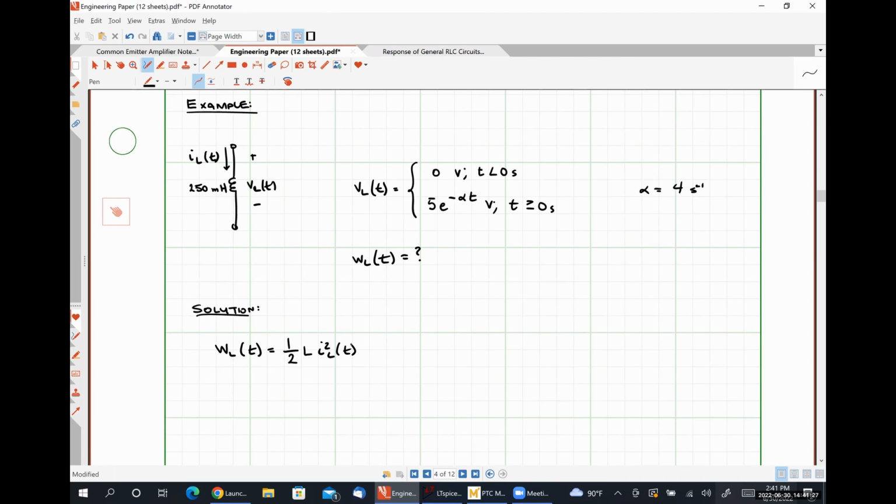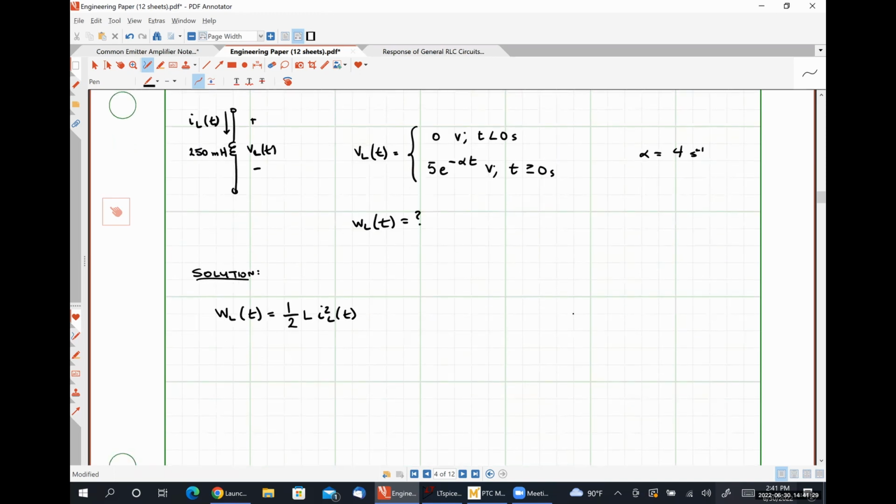So that means we're going to have to solve for IL. IL is given by